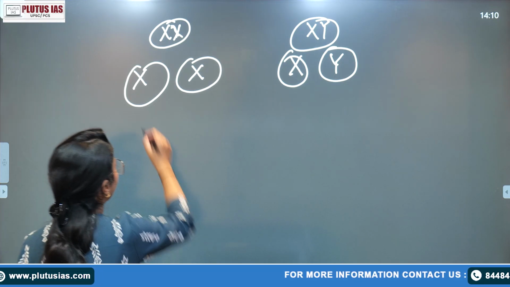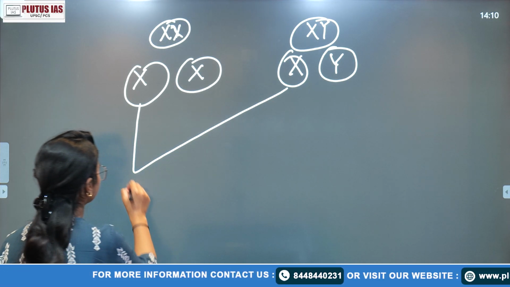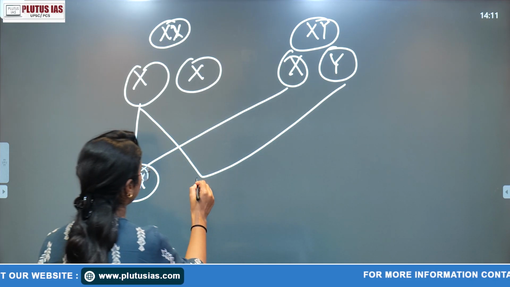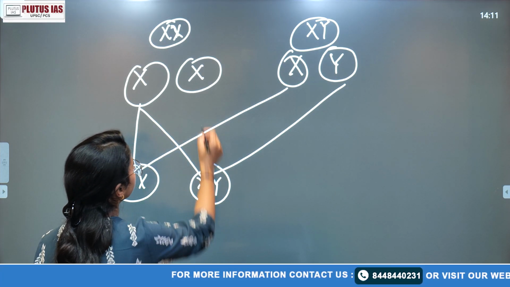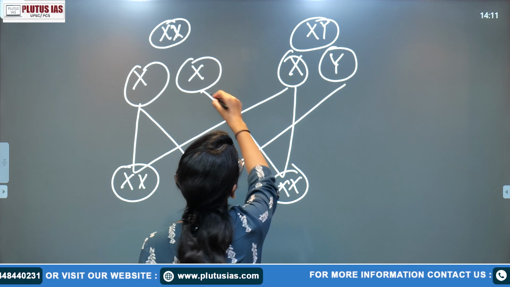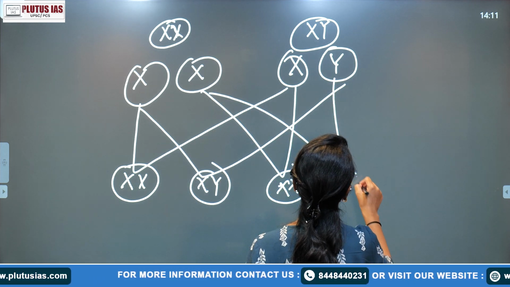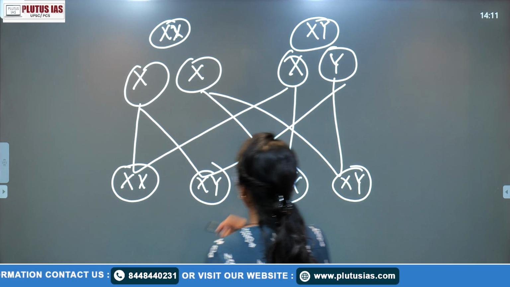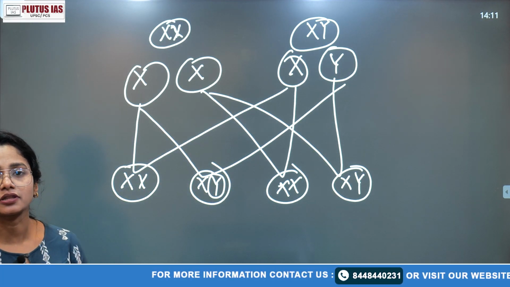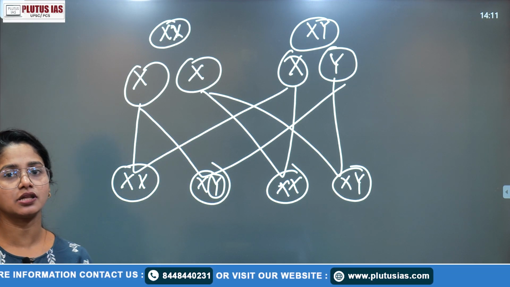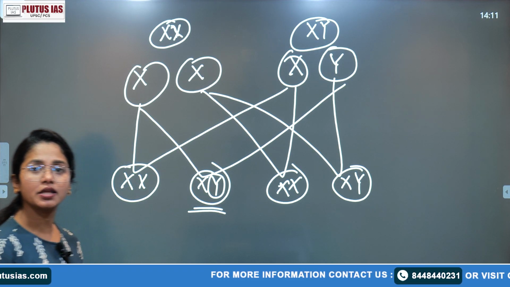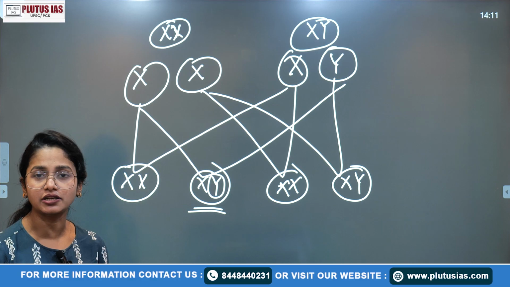Okay. So what will happen? If we form the offspring, this is the female, this is the male, and this is the female again, and this is the male, right? We are just talking about the concept only, okay? That means if the Y chromosome is present, then the gender or sex of that person is male.